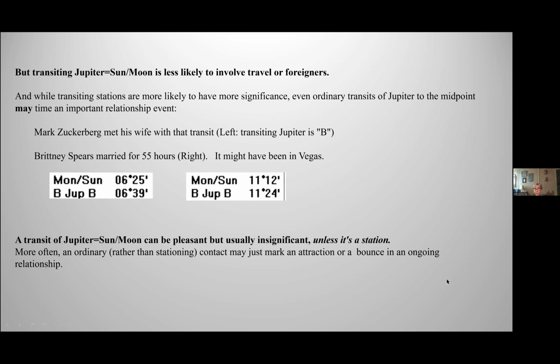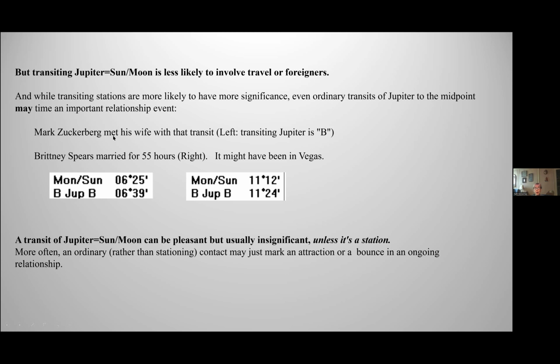However, a transit of Jupiter to Sun Moon is less likely to involve travel or foreigners. You know, mostly they go pretty quickly, those transits. So a transiting station is likely to have more significance. And here we're not necessarily talking about Jupiter and luck. We're talking about Jupiter in terms of the expansive possibilities. In other words, it expands the possibilities for an event. And